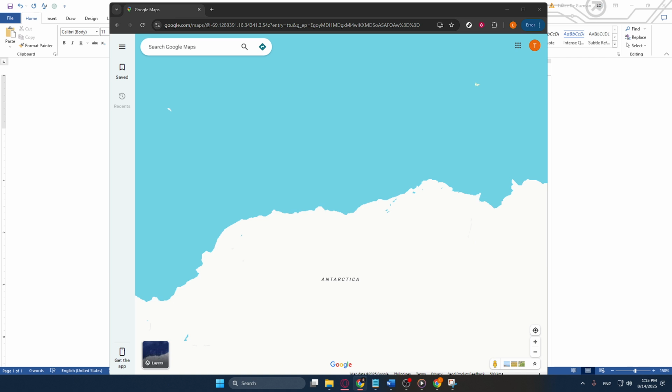Let's dive right in. First, you'll want to open the Microsoft Word file where you intend to insert the map image. Make sure your document is ready for the new addition by placing your cursor in the exact spot where you want the map to appear. This ensures that once you have your image ready, you can quickly insert it without needing to fumble around in